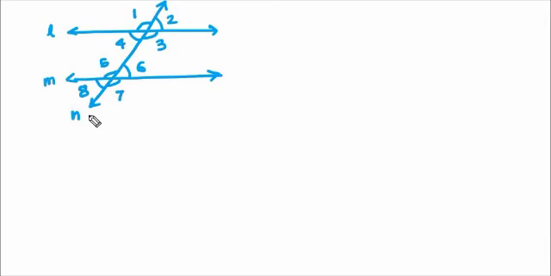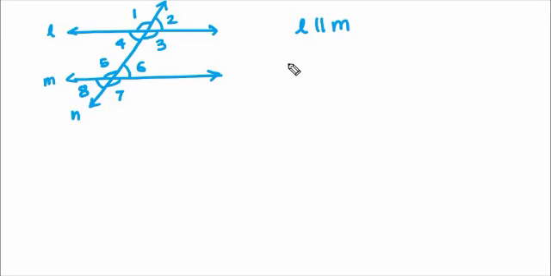So we have three lines L, M, N, and we know that line L is parallel to line M. Now in this situation, the transversal has formed 8 angles: 1, 2, 3, 4, 5, 6, 7, 8, as given here. So we have corresponding angles, alternate interior angles, co-interior angles, and alternate exterior angles. Now let's see if these angles exhibit any special property.